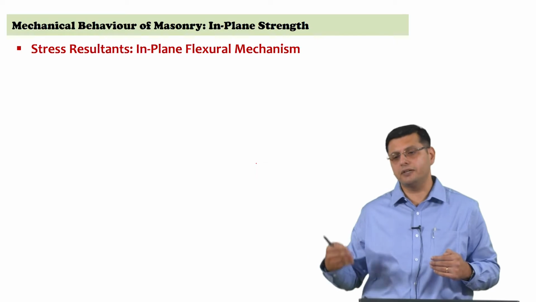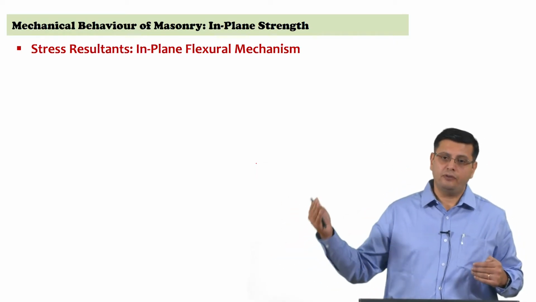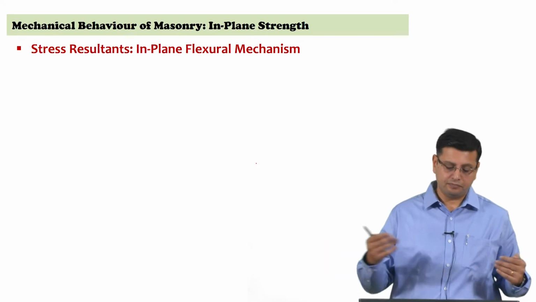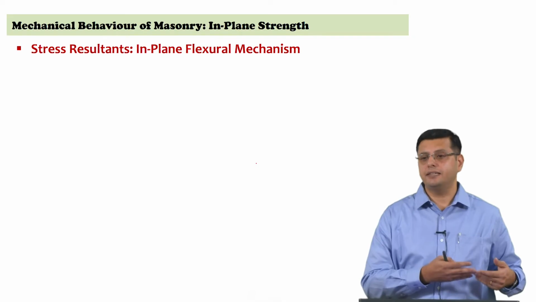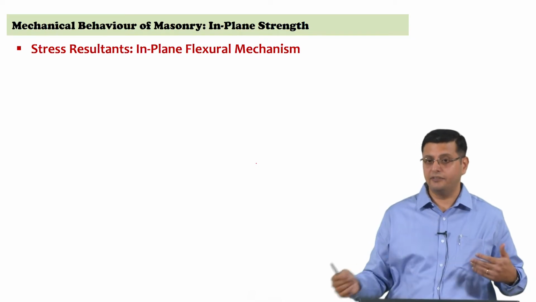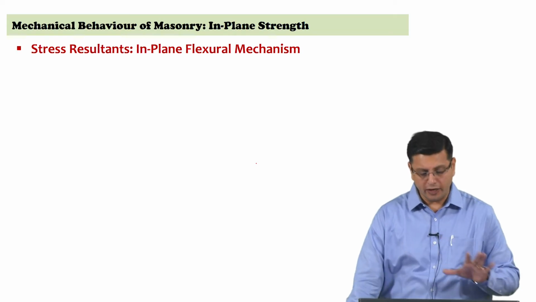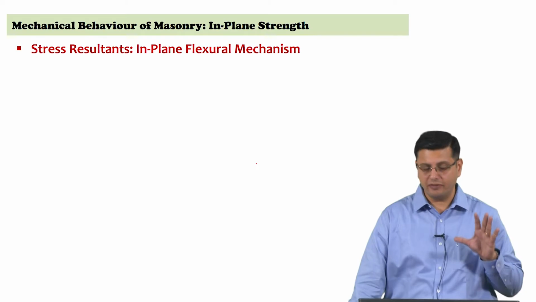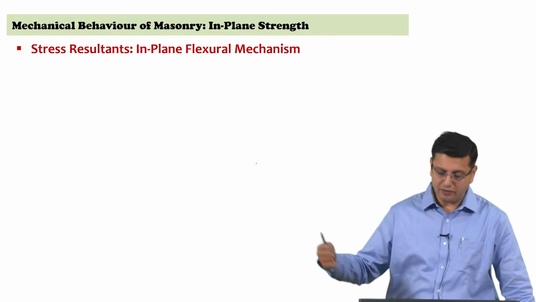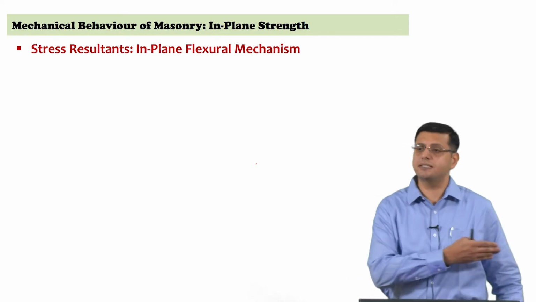So, the increased compression, if the precompression levels are high, can lead us to flexural crushing mechanisms, whereas on the other end you are actually getting cracking, which is tensile cracking under flexure. So, the first mechanism that we can examine and have overall expressions for is a flexure dominated mechanism, or in-plane flexure dominated mechanism, and then we will examine the other two mechanisms,